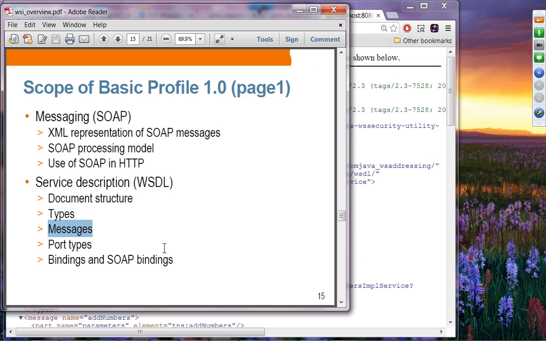The WSDL specification itself says a message part can point to either an element or a type, but the WS-I Basic Profile says no, you have to use an element, rather than a type. So that is constraining how a message is supposed to be defined.